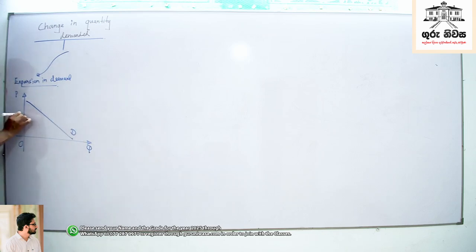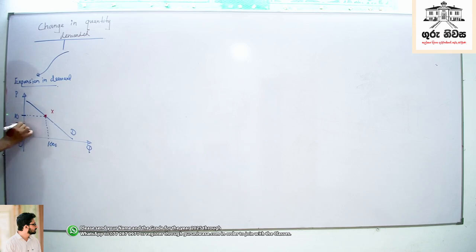Assume, Lamai, the product price is 10 rupees. At 10 rupees, consumers are willing and able to buy 1000 units. Now the price of this product falls, its own price. Assume this product is something like an egg. The product price falls to 7 rupees. Assume this is point X. The price of the product that we are talking about, the concerned good, falls to 7 rupees.